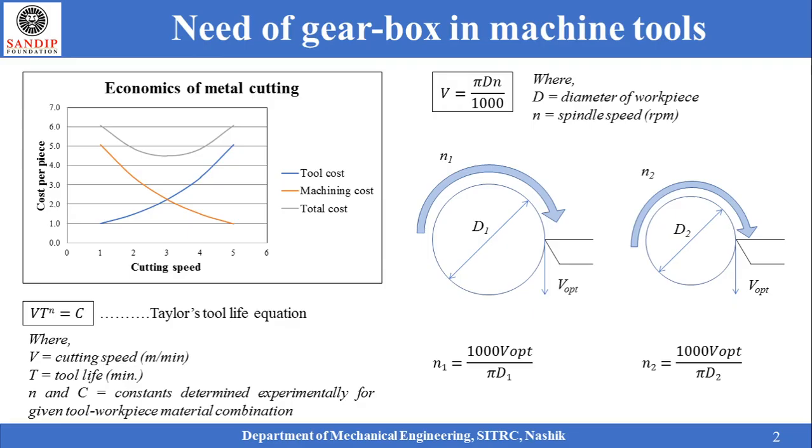Thus, it can be concluded from this small example that if there is a significant change in the diameters of the workpiece, although the tool and workpiece material combination is the same, the spindle has to be run at two different speeds so that the cutting speed is always optimum. This is the second requirement why we need a gearbox in a machine tool. It should also be noted that the range of speed a spindle can achieve also determines the range of diameters which this lathe can turn economically.